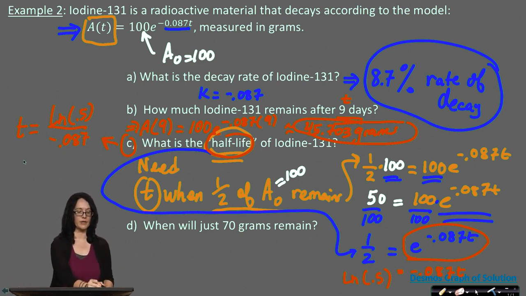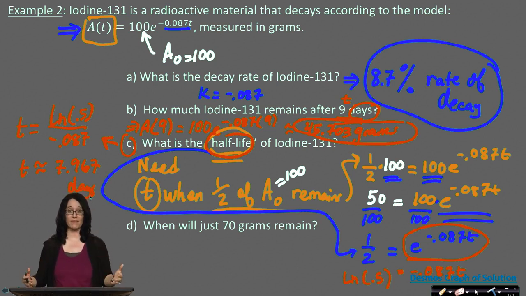complicated situations. So it looks like t approximates to roughly 7.967, where at this time t was in days, it looks like. So this is how many days would need to go by for half of the substance to go away, right? That's not too bad, right? Sometimes half-life for some radioactive substances is in the years, right? 20 years, 30 years, hundreds of years. So if you just have to wait 8 days roughly for half the substance to go away, that's not really